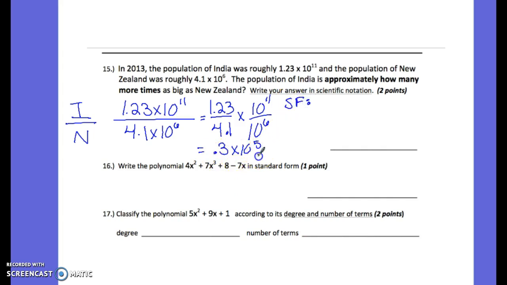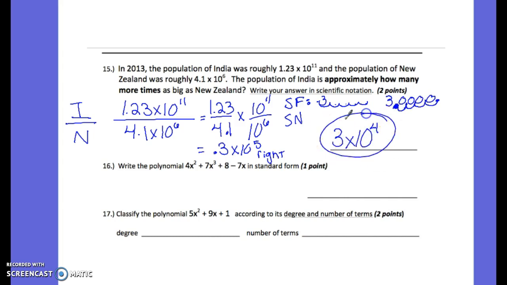So I go 5 right. So I'd go 0.3, which is 1, 2, 3, 4, 5. So there's 1, 2, 3, 4 zeros. 3, 1, 2, 3, 4, 5. So then take that number and put it into scientific notation. So I'd go 1, 2, 3, 4 to make it 3 times 10 to the 4th is my final answer